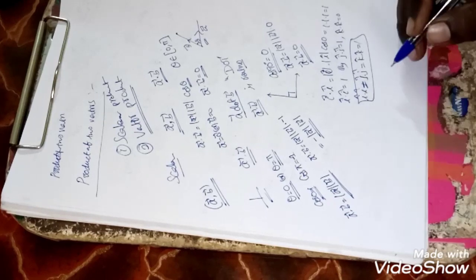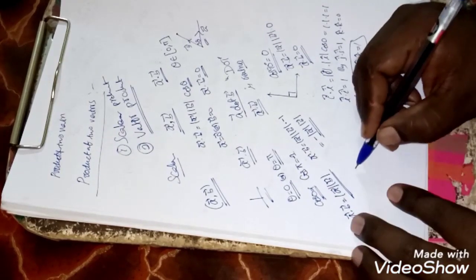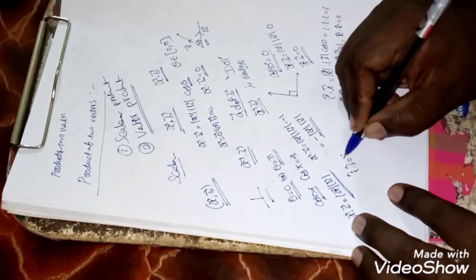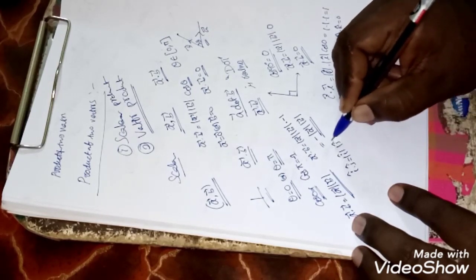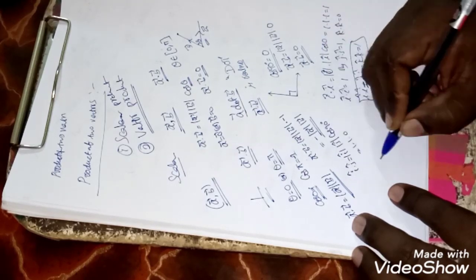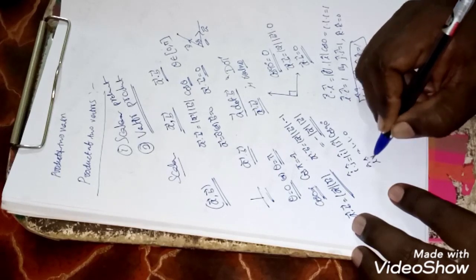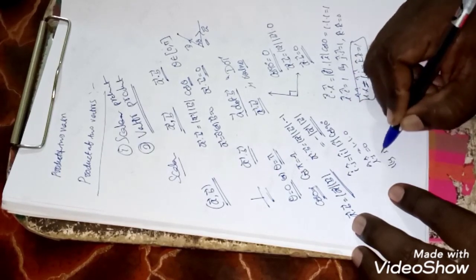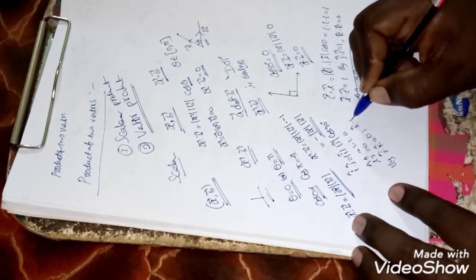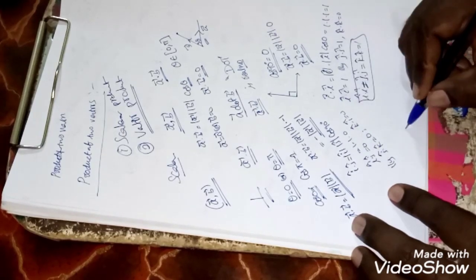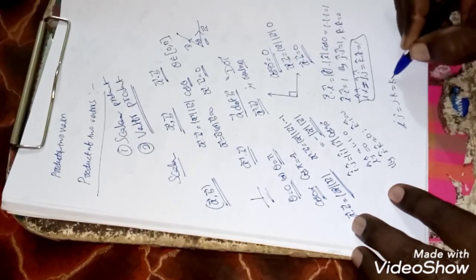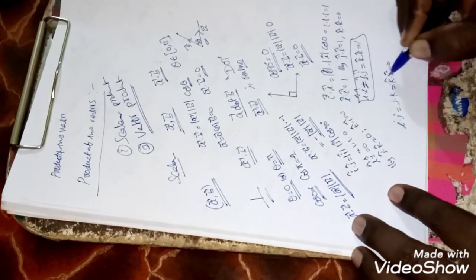1. Further, another one, i dot j I am taking. i dot j, if I am taking, what I am going to get? Observe there, modulus i, modulus j, and what is the angle between them? cos 90. cos 90, how much is this? 1 into 0. Therefore i dot j is equal to, what you are going to get? 0. Similarly, j dot k is equal to 0 and k dot i is also 0. That what you can get now? i dot j is equal to j dot k is equal to k dot i is equal to 0.